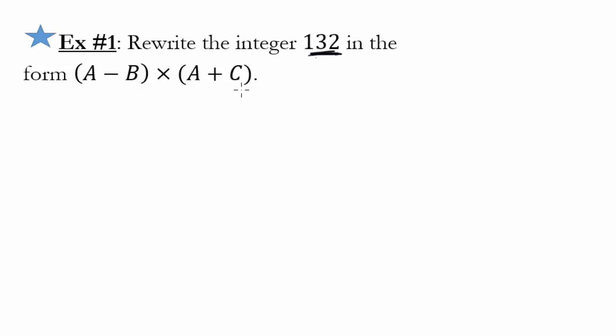What the heck does all that mean? Well, basically, we're saying we want to decompose, or another way of saying it, we want to decompose this number 132 and write it with a bunch of parts, right? So the first step is I see that we want to write 132 in the form of